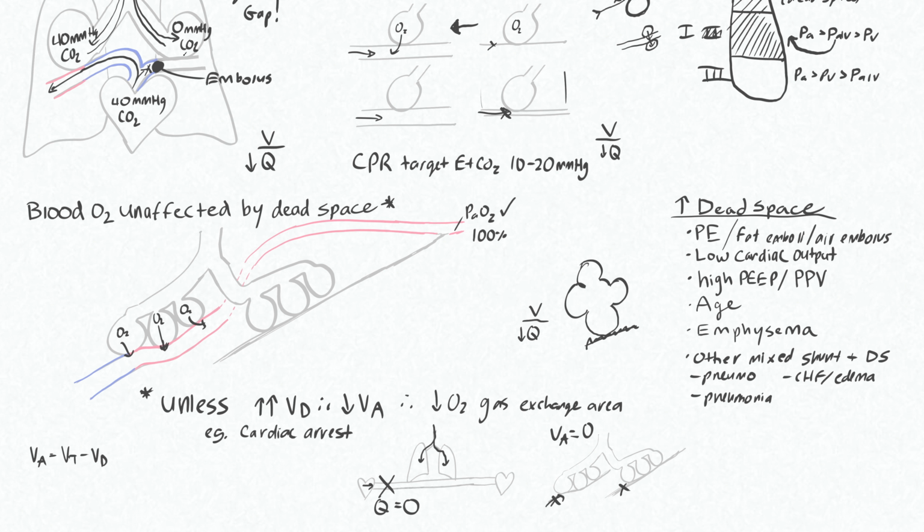can have infarcted lung or damaged lung tissue around where the blood was supposed to be going that's blocked off by the embolus, and that will cause shunting or bronchospasm, which would be reasons for your blood O2 saturation to drop. By the way, bronchospasm causes dead space in a similar way to the positive pressure or PEEP example I